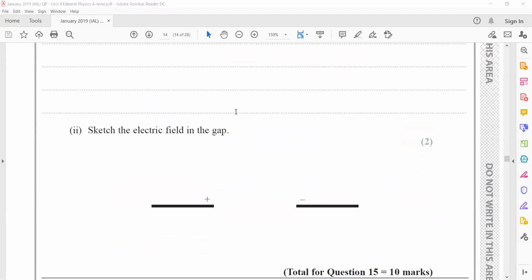Sketch the electric field in the gap. So how to sketch an electric field between the gap? Once we have a positive charge here and a negative charge, the electric field is always from positive to negative. So between them it will be a straight line, and then